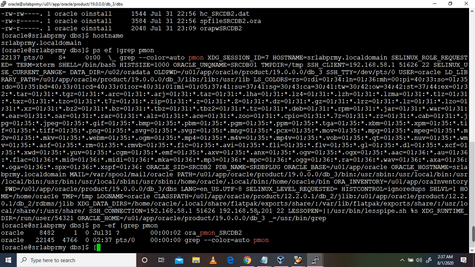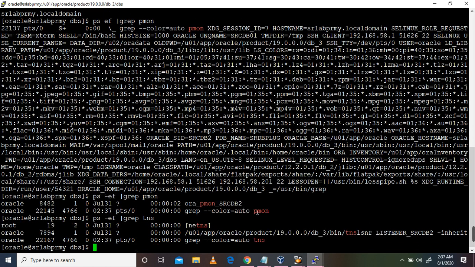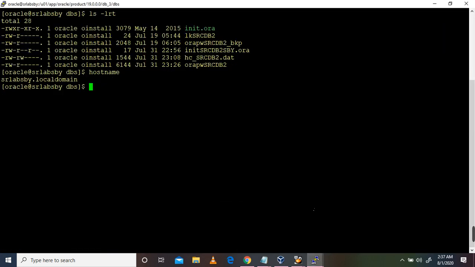The listener is also running on this side. This is the primary side. On the standby side, there are no databases running, I mean, I need to start up the database. It has the binary installed, and we are going to set up the Data Guard configuration.